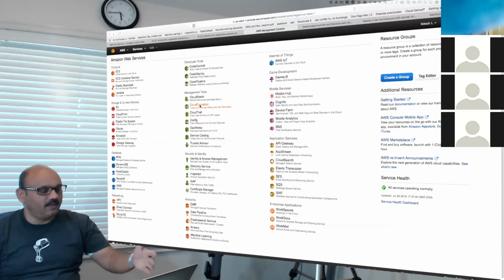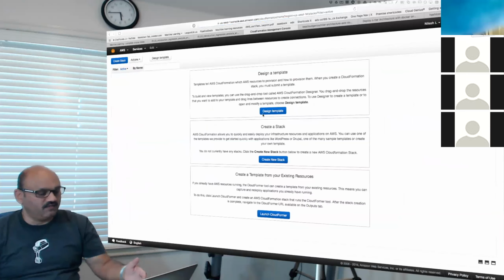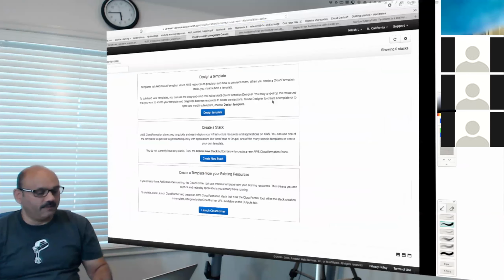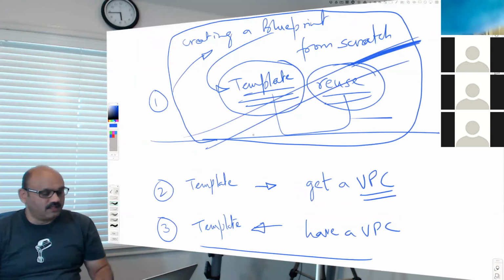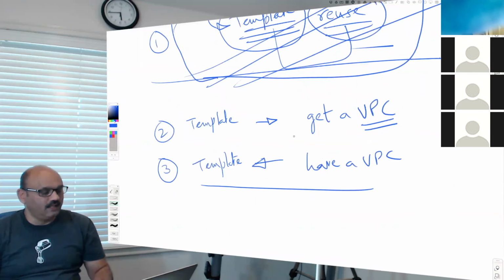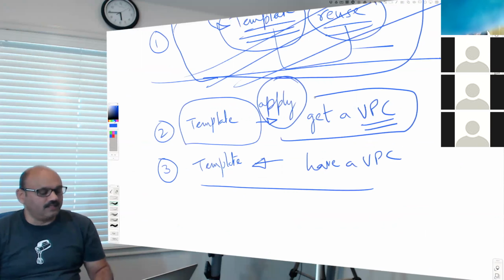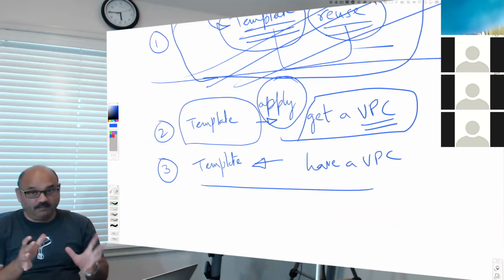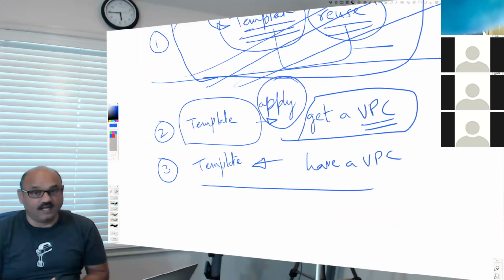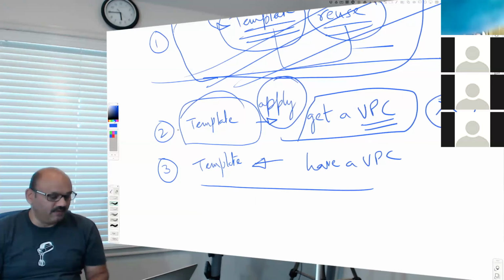That's what you're basically dealing with. The item number 1 here, this first blue button, is design a template, which is what we just discussed here. The second thing is that you have a template already. You just want to apply the template. And then you get a VPC. But we don't have a template yet. So we have not created any templates for use with CloudFormation quite yet. So we cannot run this scenario. We are not ready for it because we don't have a template.